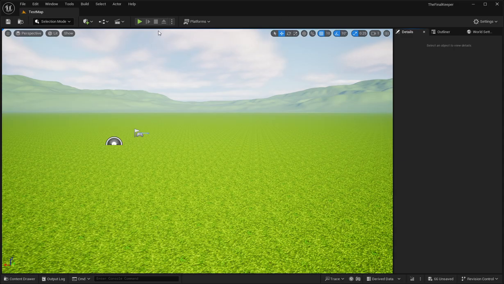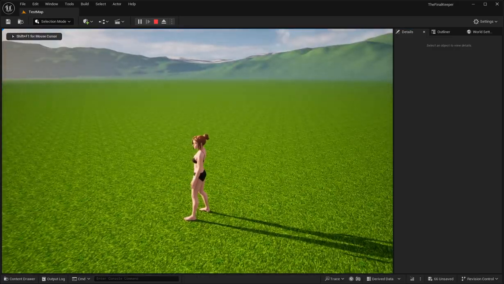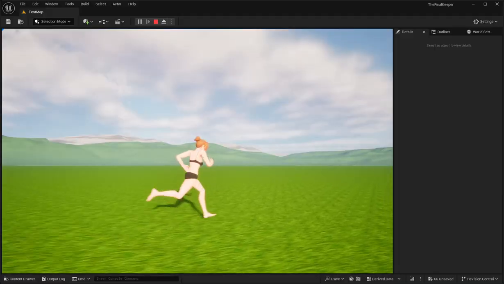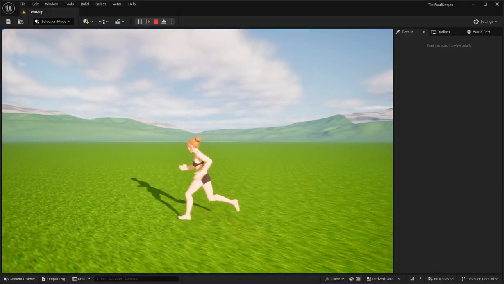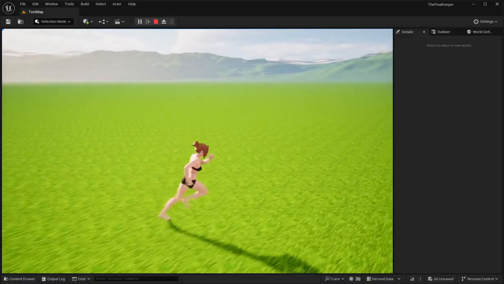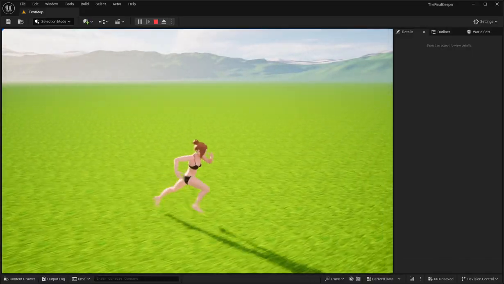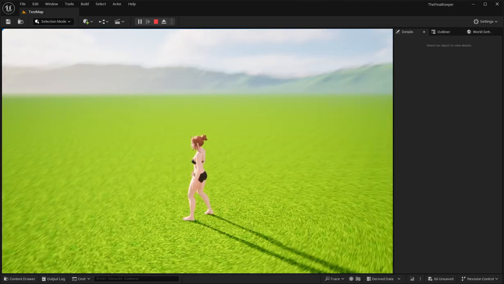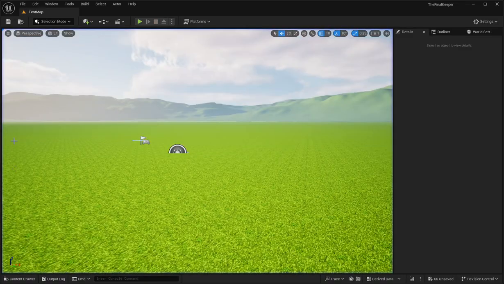Basically, what I have done so far in this new project is I've pulled in a couple of our assets from the other project and I've set up my player character. I'll show you what I've done for this here in a second. Now, you can accomplish the same thing if you just started with a third person blueprint project, like a new project in Unreal 5, and you just pick third person, you'll get the mannequin, a little thing you can run around, jump. Our movement code is actually ripped from that project, so if we take a look,